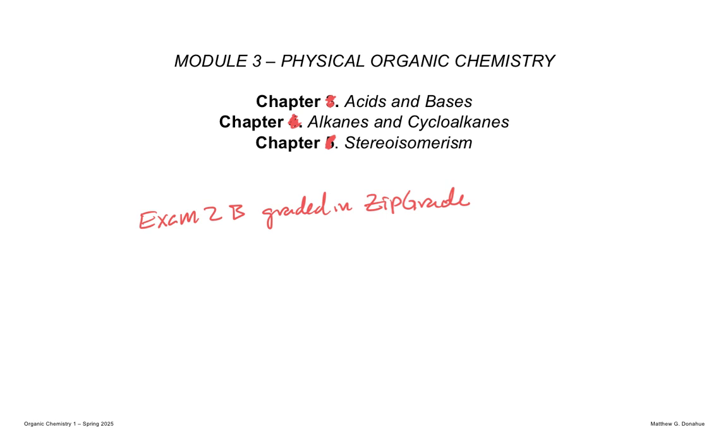So at this point, we've learned how to apply Lewis dot structures to make functional groups and molecules. We've learned the spectroscopic methods to figure out what the structures are. And now in this module, we're setting the stage for the rational determination of where a reaction is going to take place. The important part of this is acidity. And so we're going to review a little bit of general chemistry,